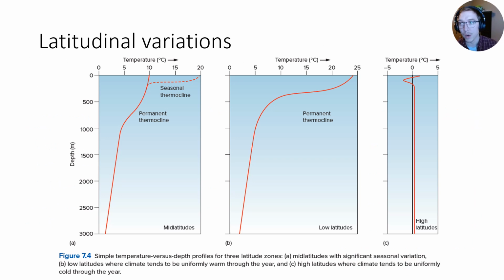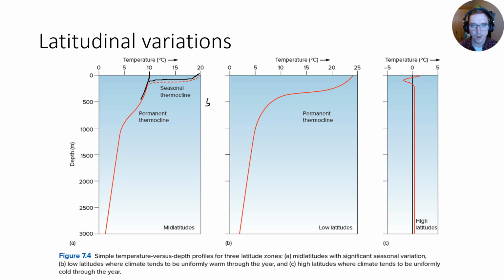There are latitudinal variations with that, obviously, as there is with everything. We looked at latitudinal temperature gradients, but the same happens in the ocean. So there are seasonal thermoclines in the mid-latitudes, so 30s, 45s, 60s, right around there. And you can see kind of how that is expressed here. Kind of a more rapid drop off as you go down in the column versus a more gradual drop off. In the low latitudes, it's pretty permanent as you go down from,